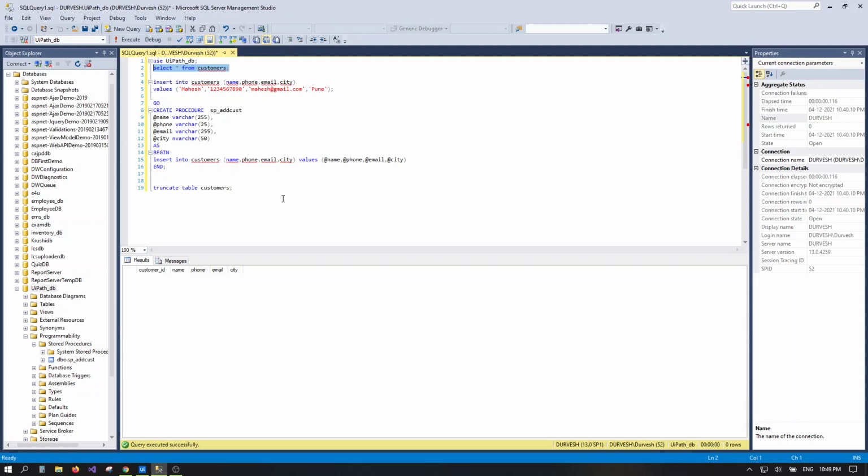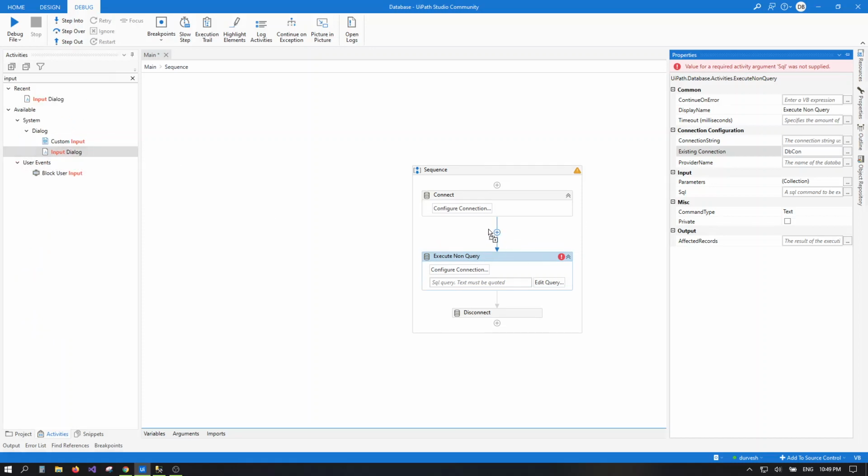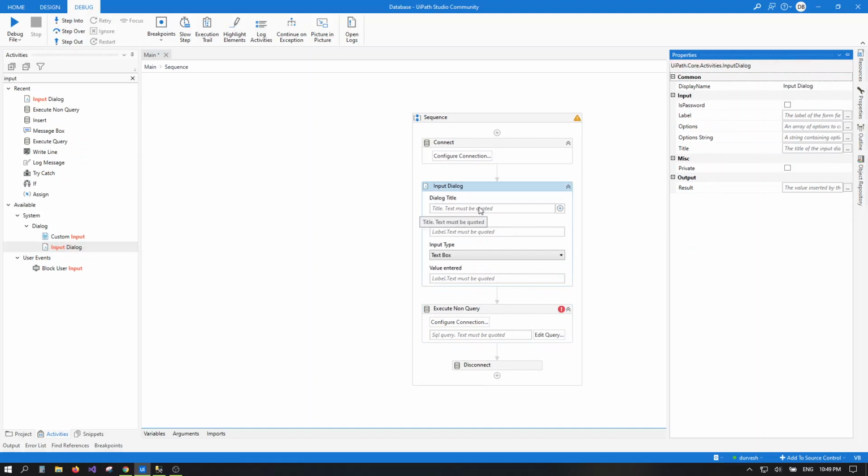First we will take an input from the user, and then we will fire a query using execute non-query. For this we need an input dialog box to take input from the user. So just drag and drop the input dialog box activity.